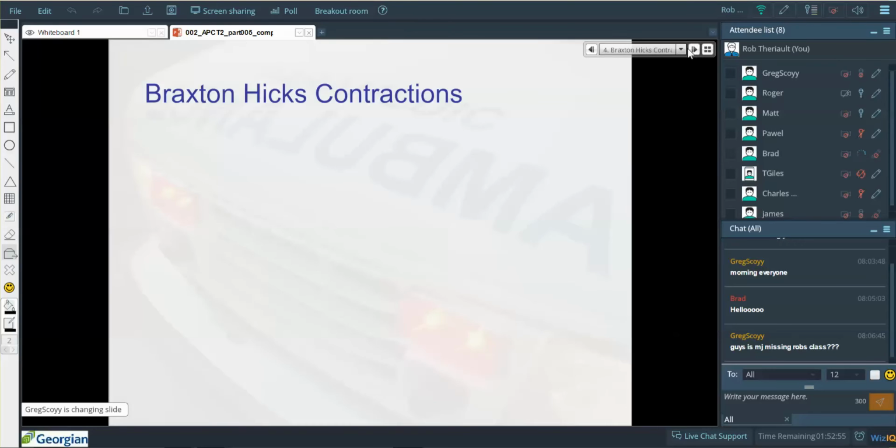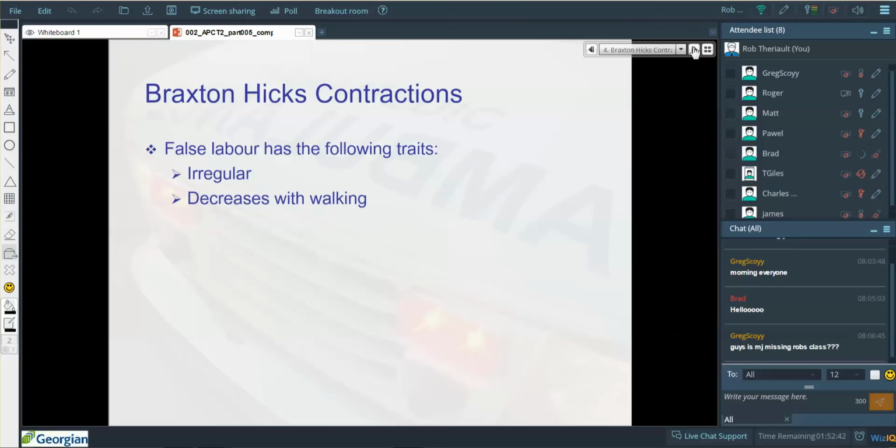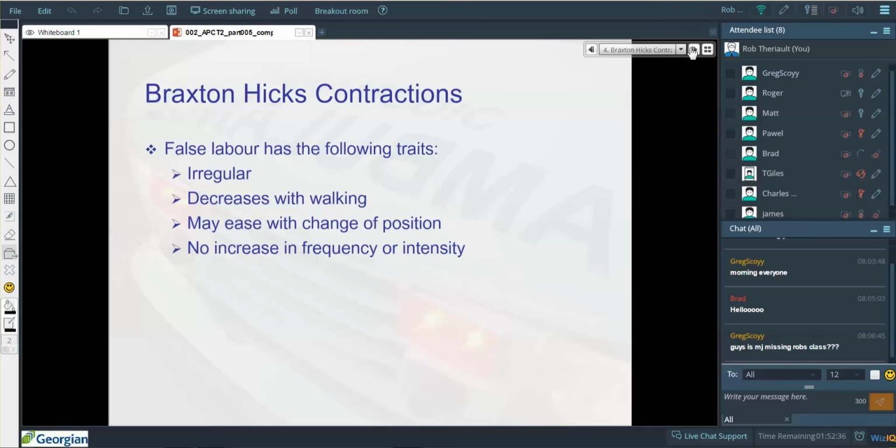And so here are some of the following traits for Braxton-Hicks in contrast with regular labor. So one, it's irregular, whereas labor tends to be regular. It decreases with walking, just the opposite with labor. May ease with change of position, no increase in frequency or intensity, and the discomfort tends to be located in the abdomen only,